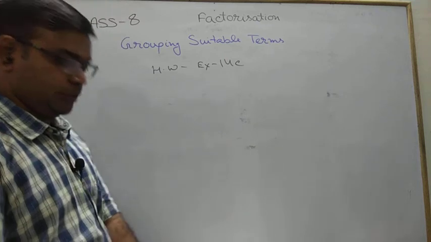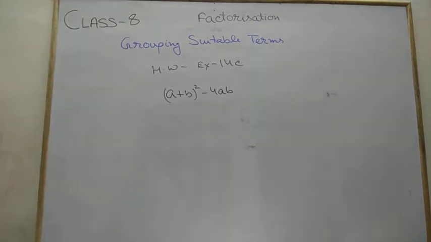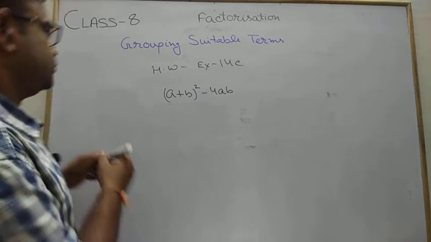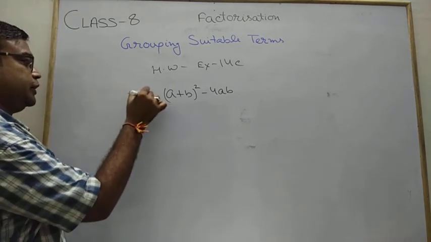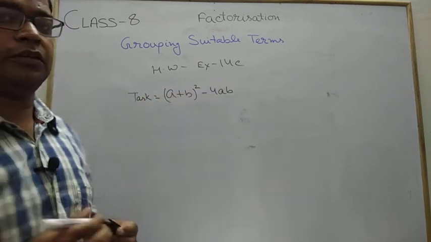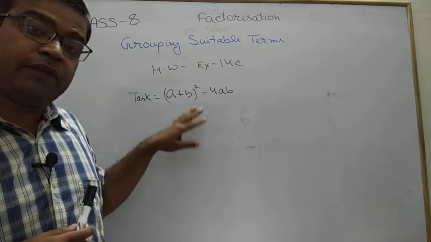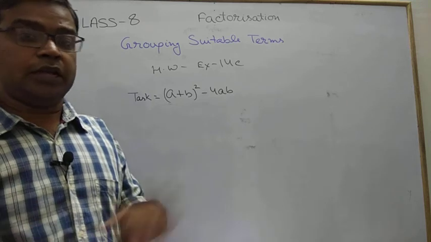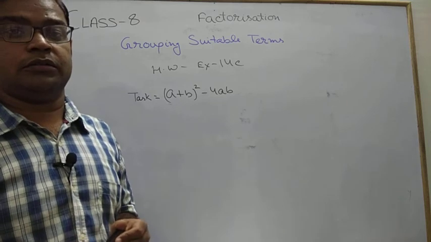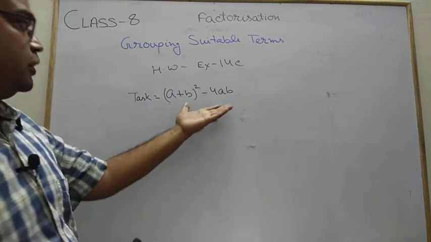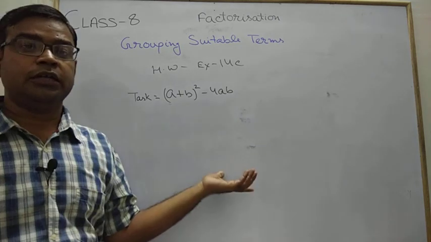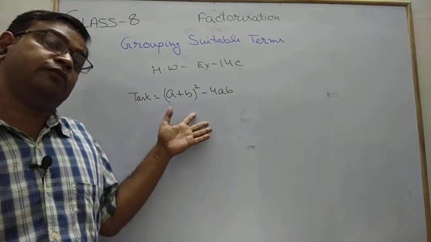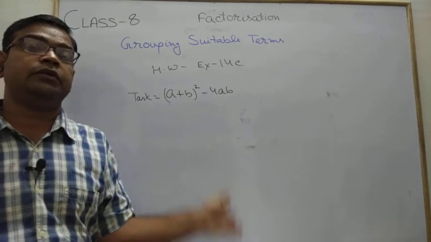Okay, I am going to give you a task. So this is your task. You have to find the factors of this one. Be careful. You have to find the factors: expand the terms, make the groups, take the common, then try to find the answer. As we know, you already discussed this in the last chapter. It's a formula, but you have to, in your rough copy, try to find out the factors. That's all for today. Thank you.